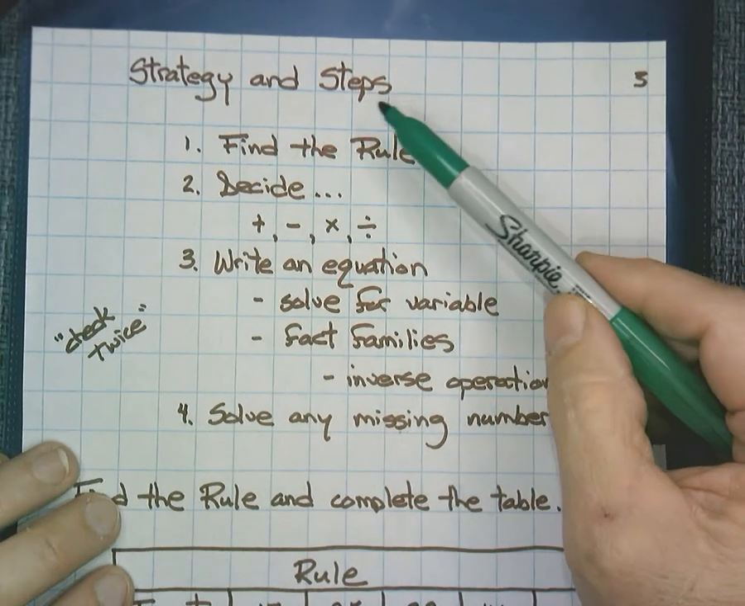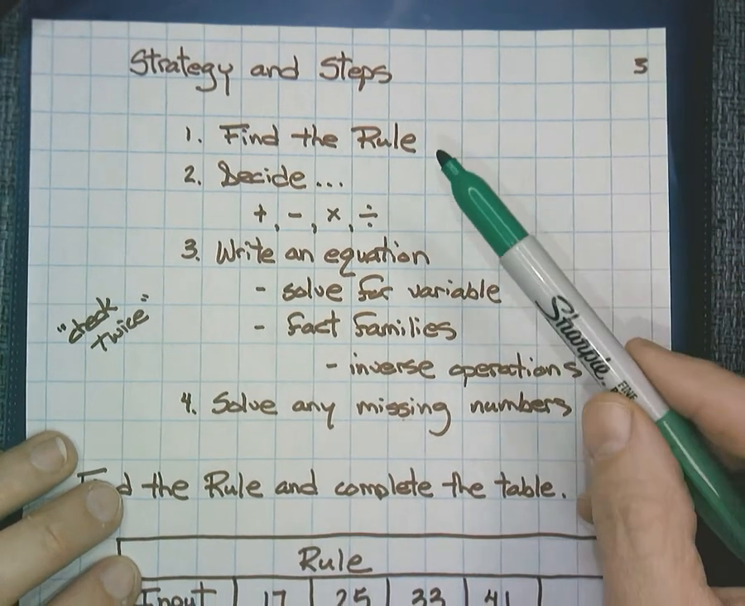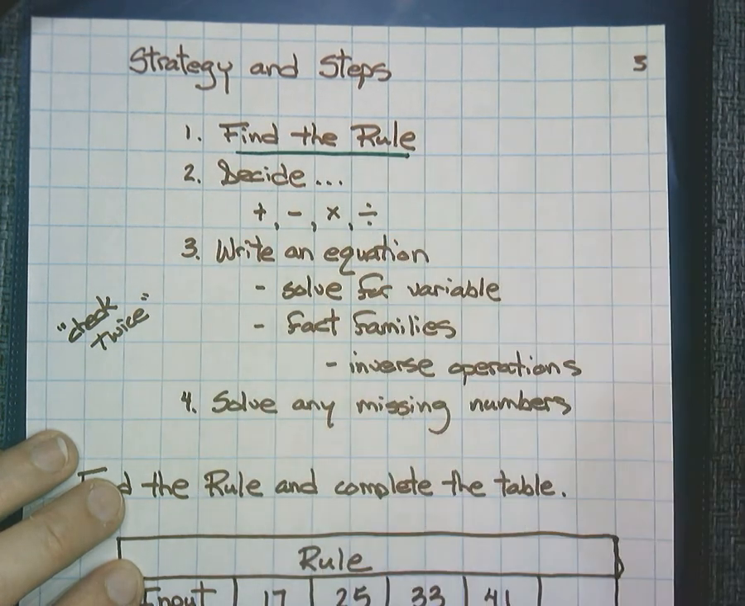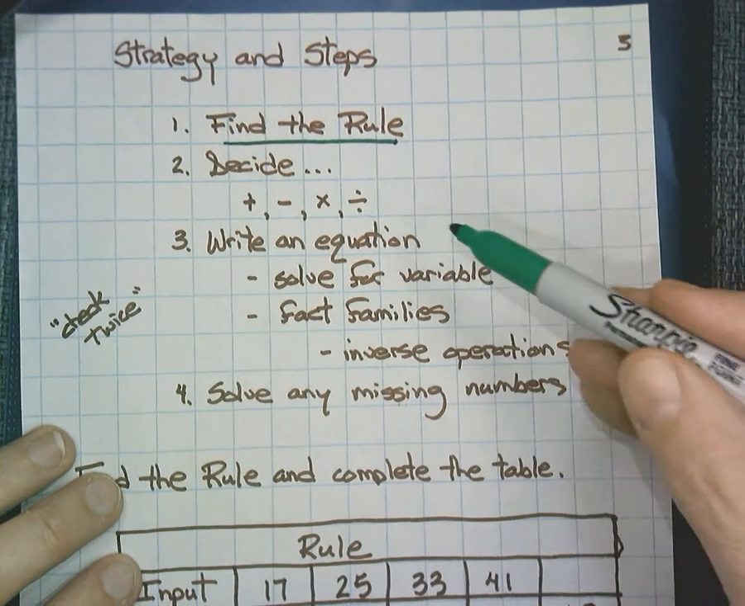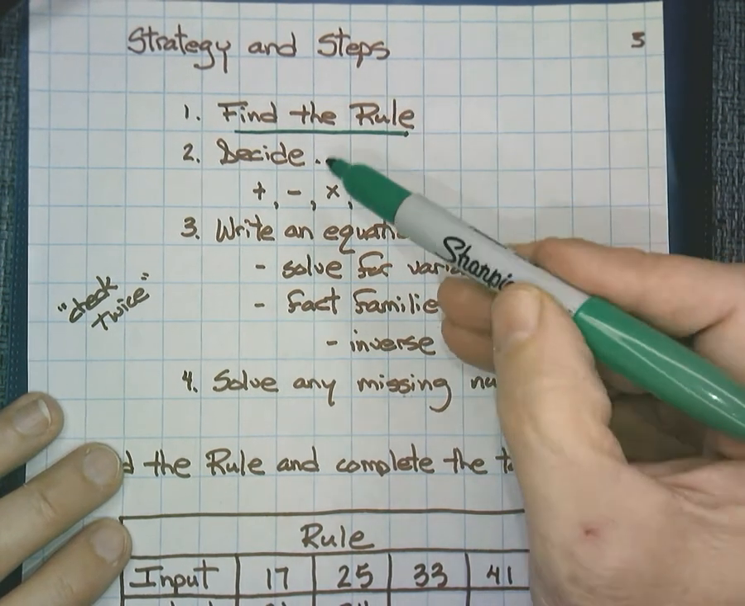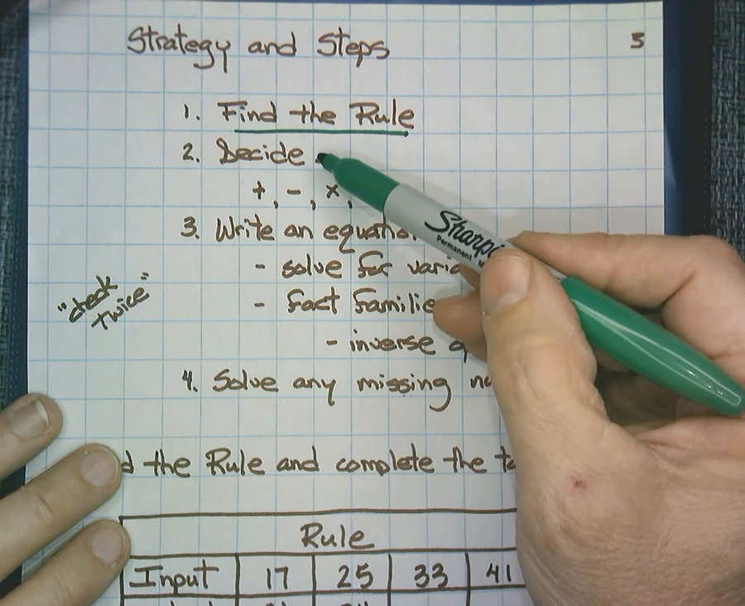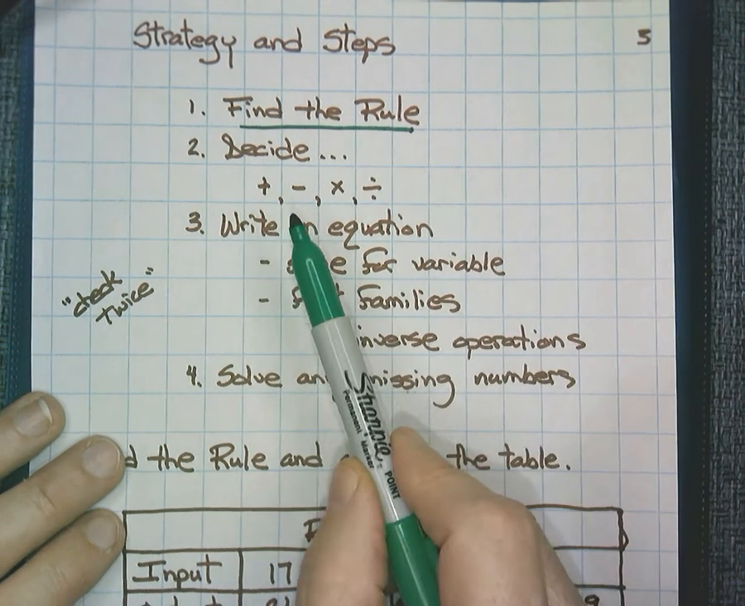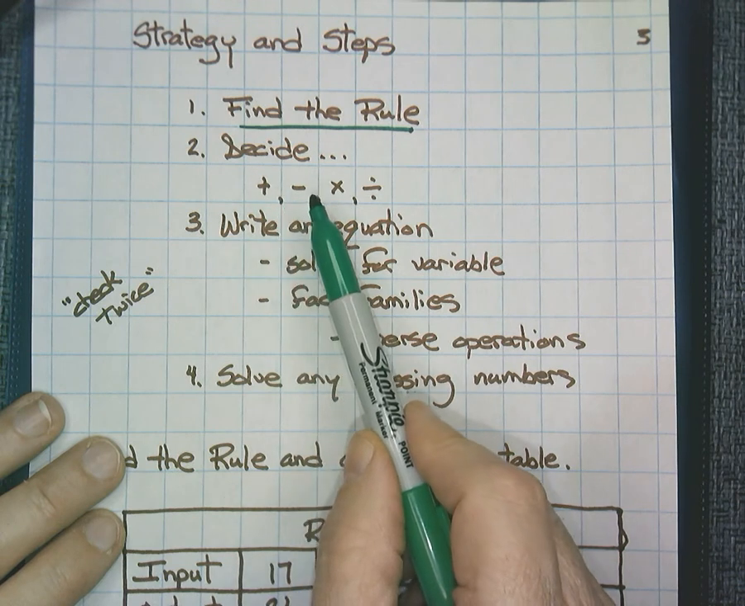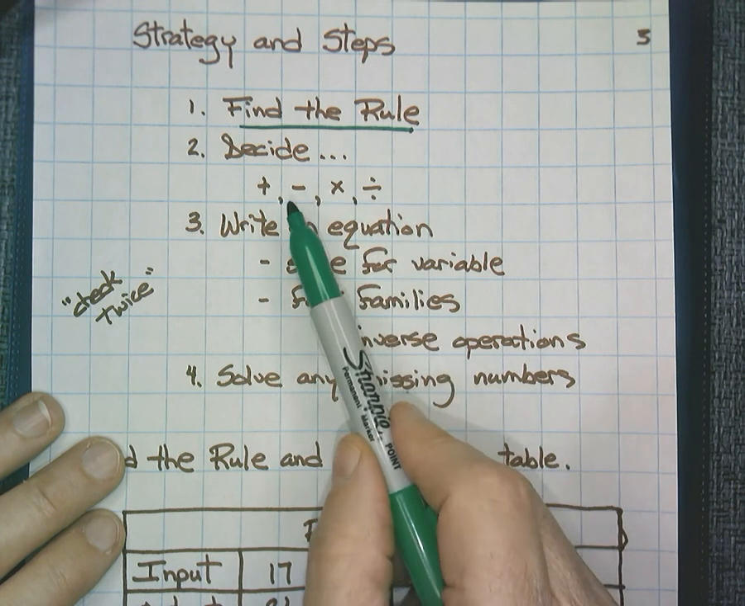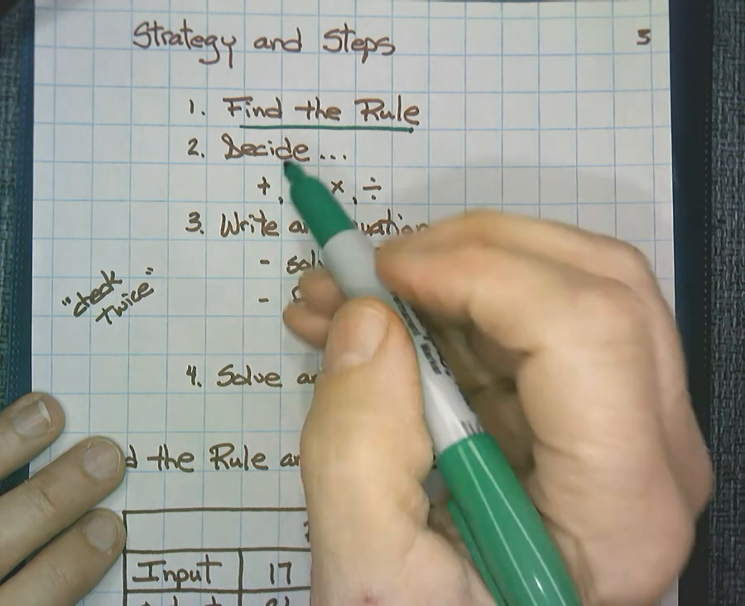Our strategy and steps: our goal is to find the rule, because when we have the rule, then we are able to solve all the information. We talked about our decision flowchart, so we would have to decide, is the rule going to involve addition or subtraction or multiplication or division? Remember, for this lesson,